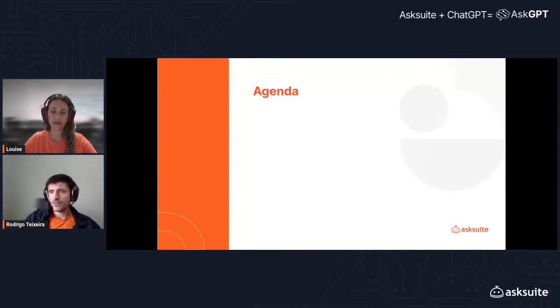Our agenda for today. We will start by talking about what's ChatGPT, what is AskGPT, real examples of interactions, what are the limitations, and the results from the beta testing phase.